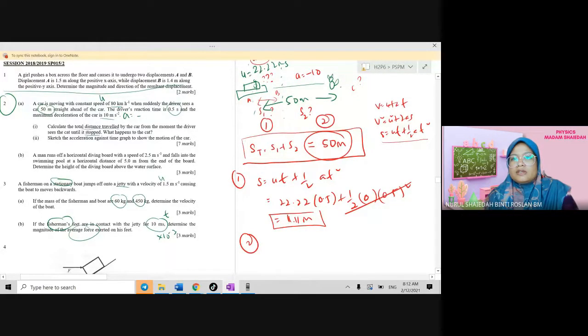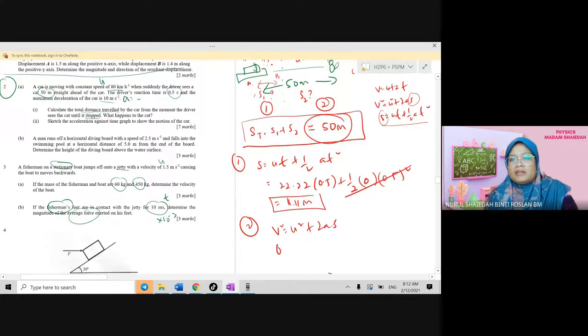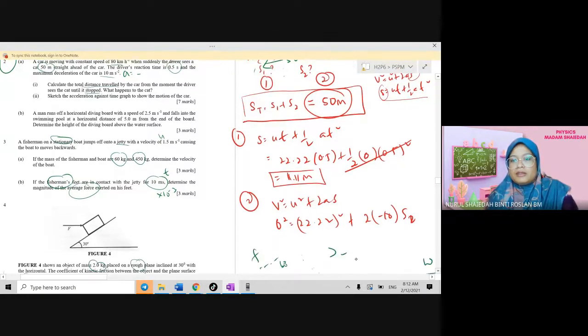jarak dia. So we need to find the S again. Okay, but we don't have time. But we have this. So we go use Z. Okay, so my V is 0 sebab, tapi U masih 22.22 squared. Plus 2, decelerate -10, so I get my S2. So here my S2 will become,